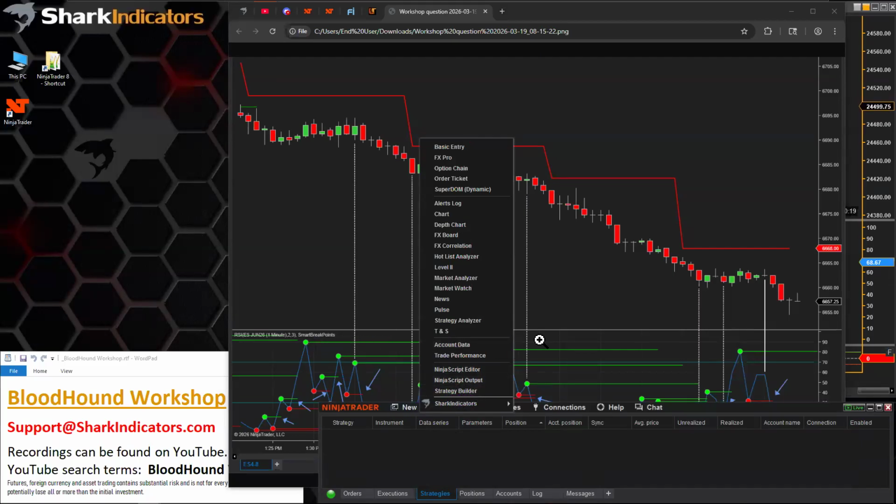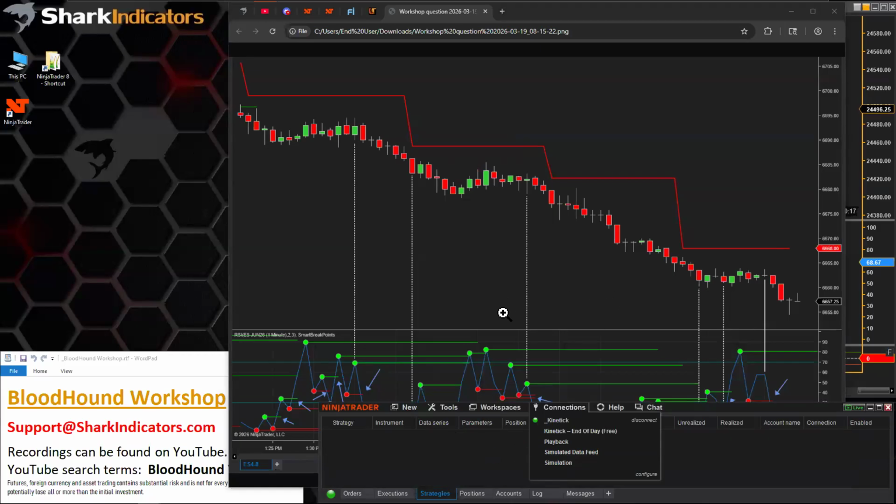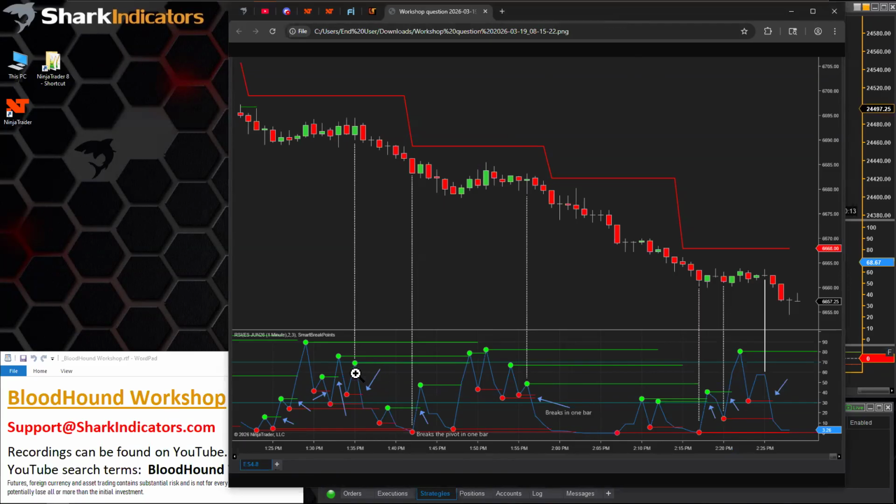I think they're drawing lines. So that presents another possible roadblock to actually using the Smart Breakpoints. But again, I don't have this indicator, so I don't know for sure what's going on. So instead, I'm using the Swing Highs and Lows indicator to track these swing highs and swing lows of the RSI.